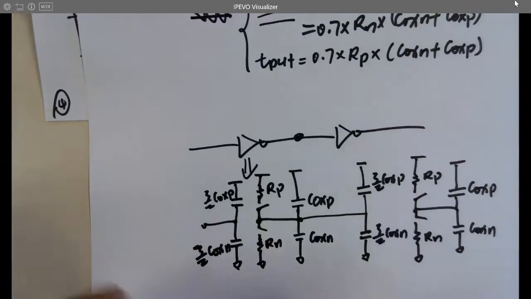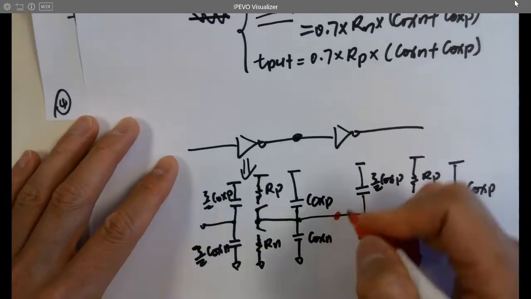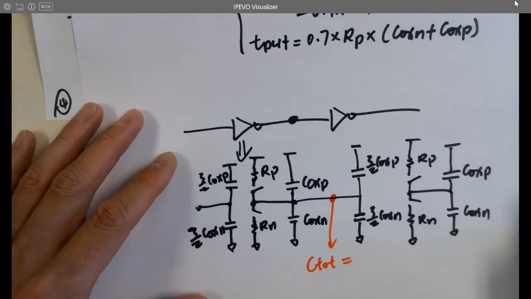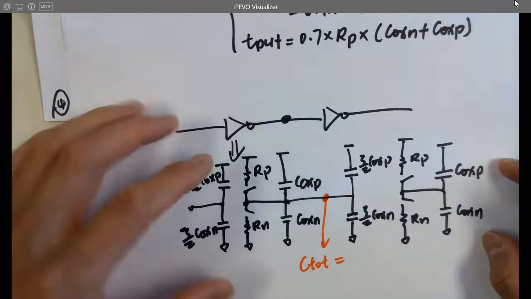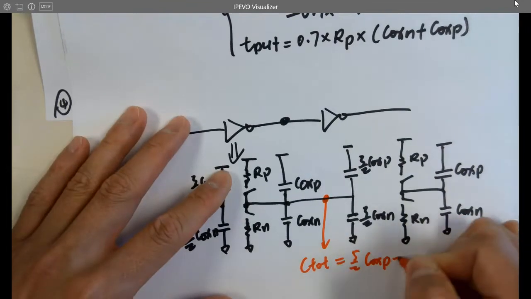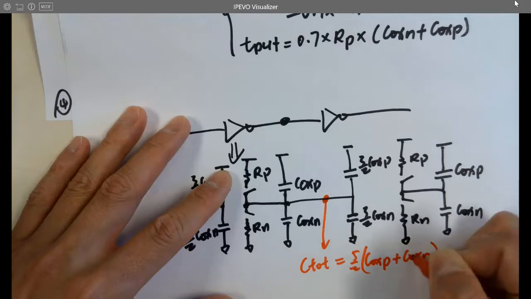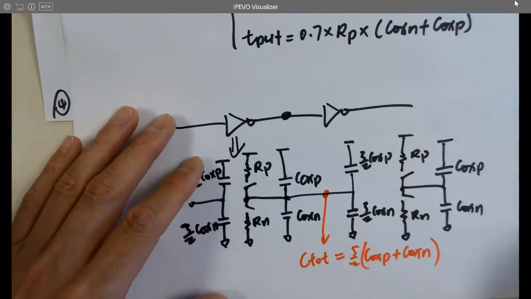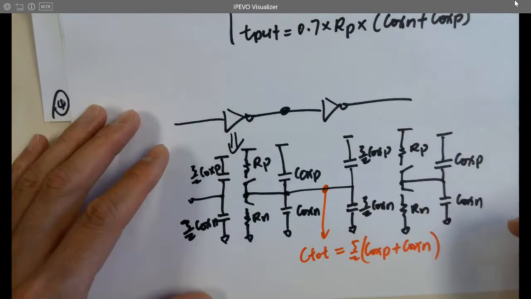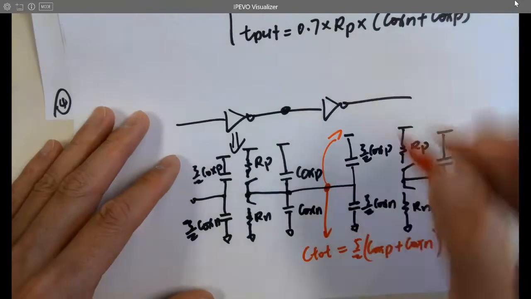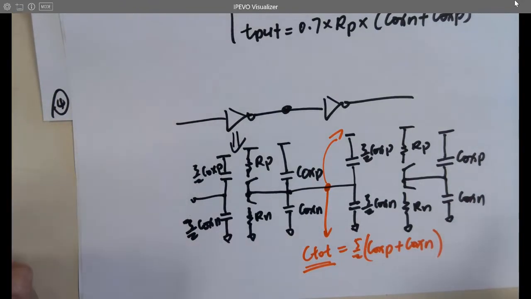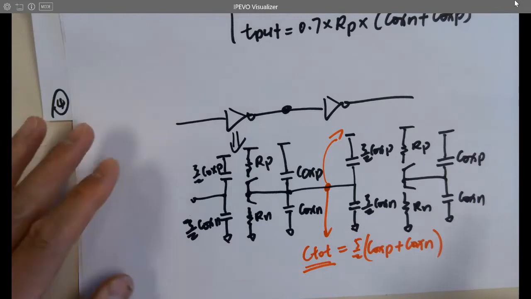Right. So what's the C total here? Just add all of them together. 5/2 Cox P plus 5/2 Cox N, right? Adding these two together and these two together as well, and overall. So when you calculate the time delay here, you have to consider the C total here. So, what is